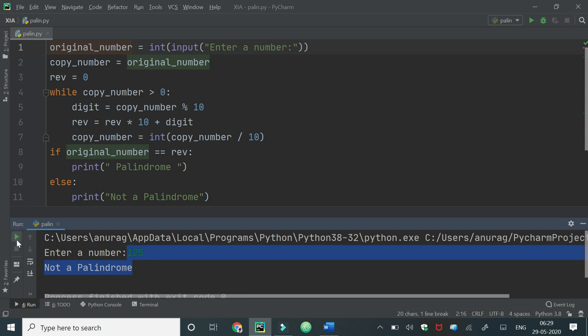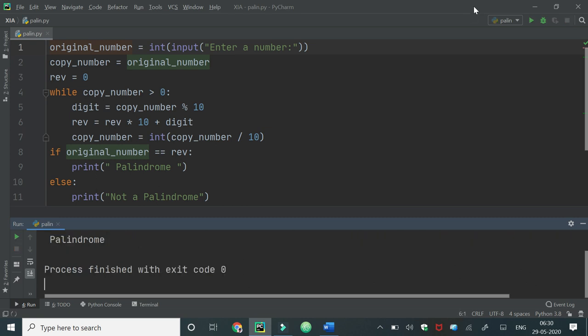Now if I execute this program again and pass 121 here, it will give the output palindrome, because 121 is a palindrome: when it is reversed, it produces 121 again.